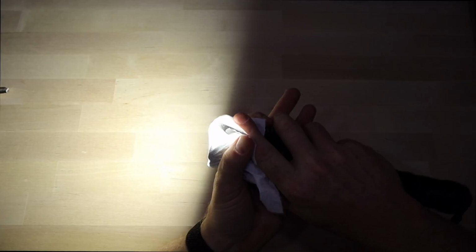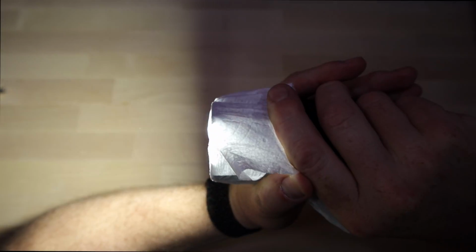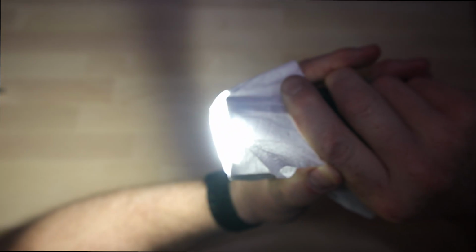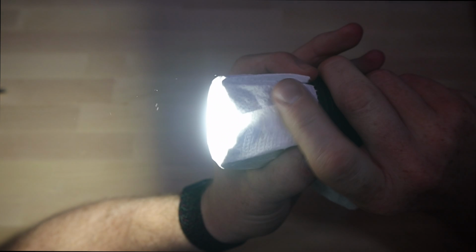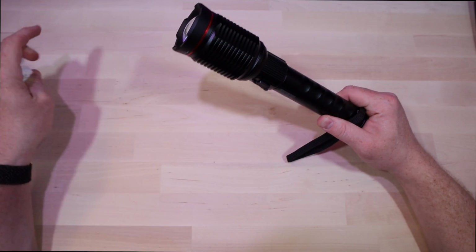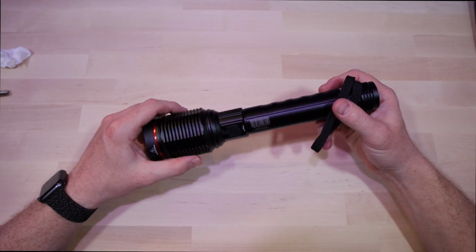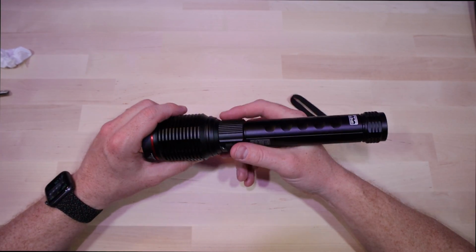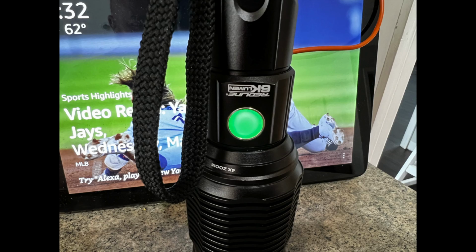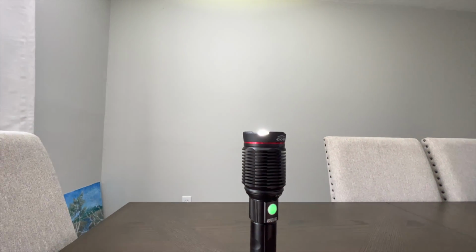So I heard a little rumor that if you put this thing on high and put some paper over the front of it, it can start a fire. Let's try it out. I got some tissue paper here. It should be easy to light. All right, so I think what I'm going to do is I'm going to charge this thing up really quick and see if we can't start a fire. Yeah, that's what could go wrong. So when you charge it, the button goes from red to green when it's all done. Pretty awesome. So now with the full battery and some paper,